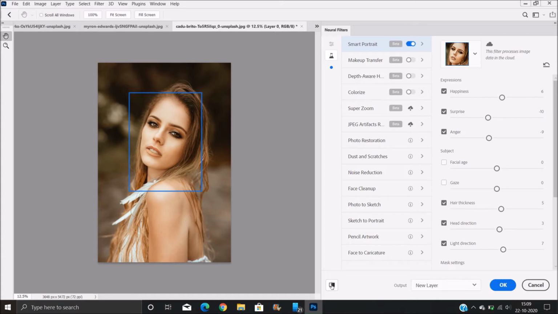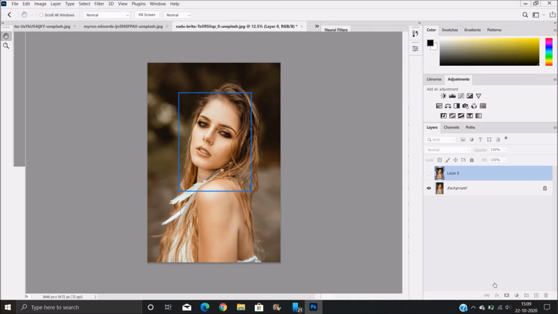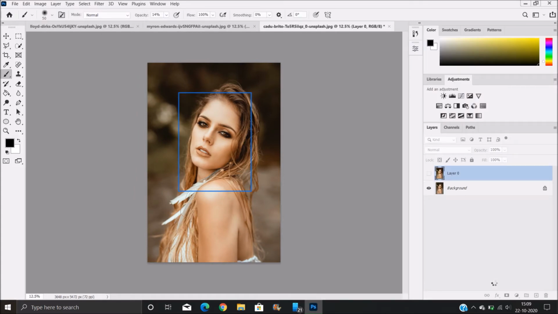I'll show you the before and after look. Here you go. See how beautifully it has changed the expressions and the hair thickness, hair direction and light direction.